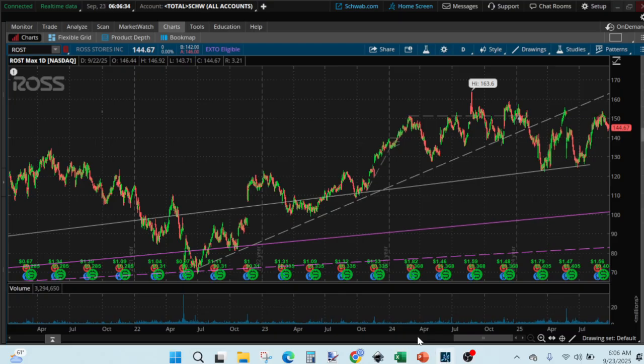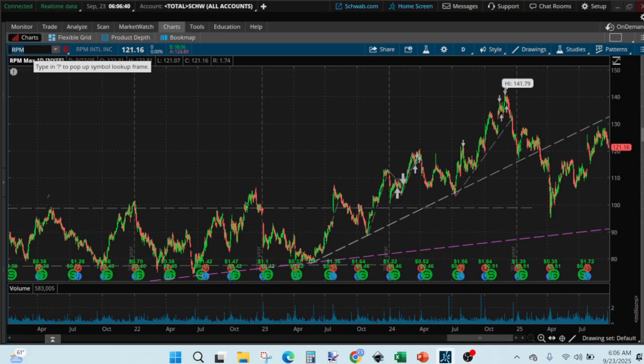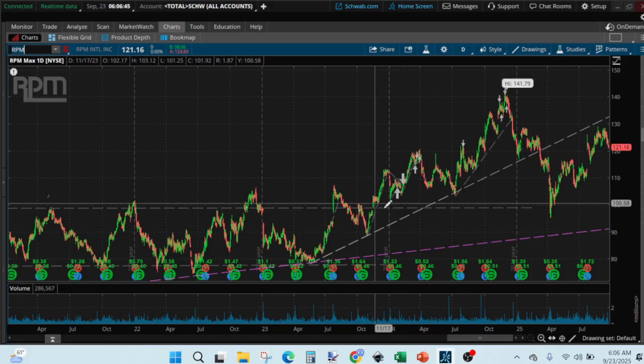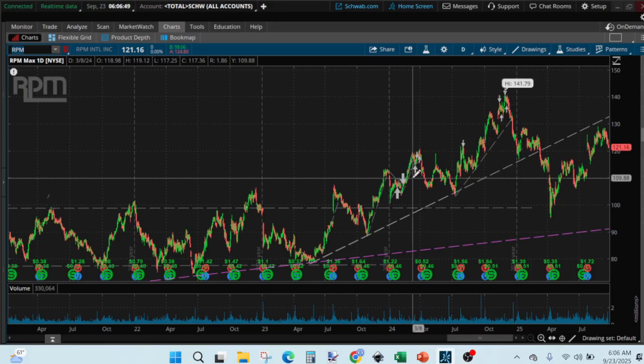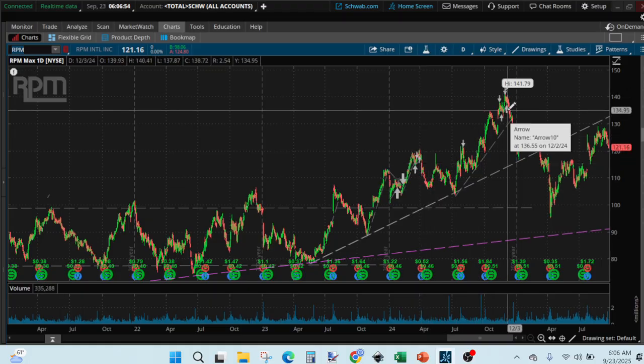RPM. RPM is highlighted as well because we purchased it. The color is different because chances are we purchased it in 2024. And as you can see, we traded in 2024 using the short uptrend line swing trading strategy. So we purchased it and sold it every few days or weeks or so. And we purchased it again